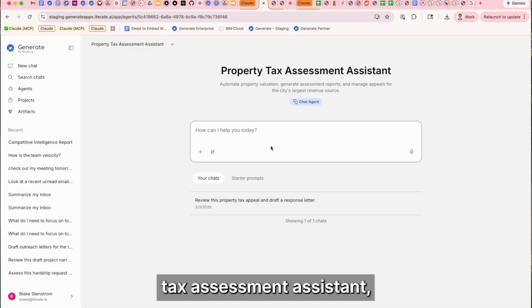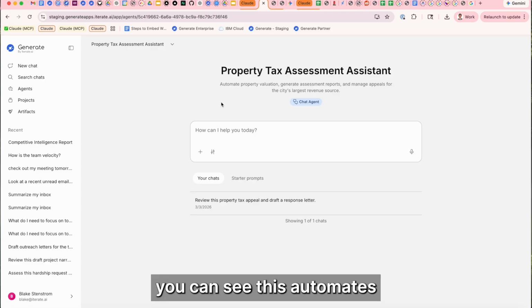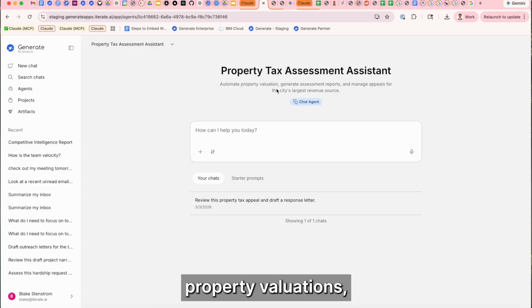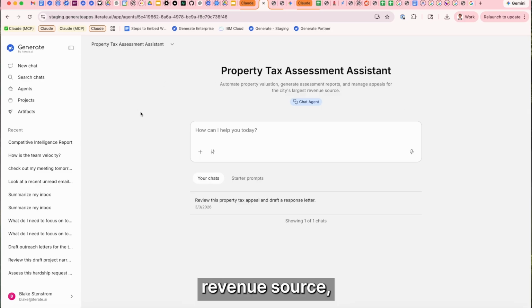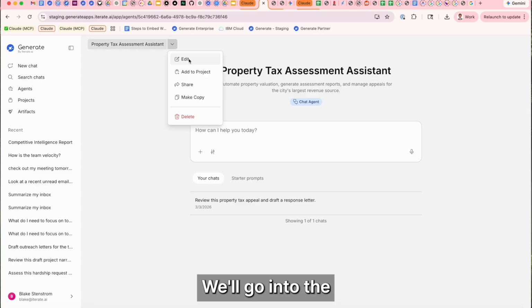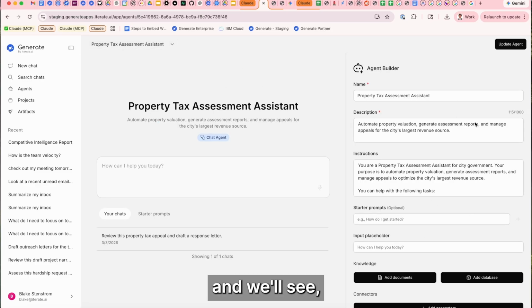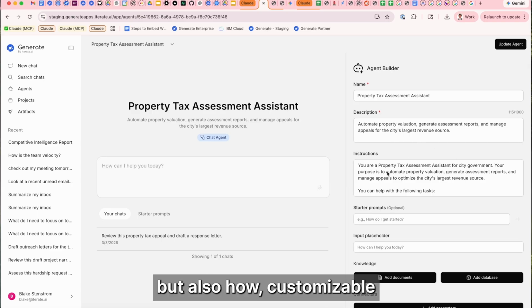The property tax assessment assistant. You can see this automates property valuations, generates assessment reports, and manages appeals for the city's largest revenue source, property tax. We'll go into the editing feature, and we'll see how simple it is to set these up, but also